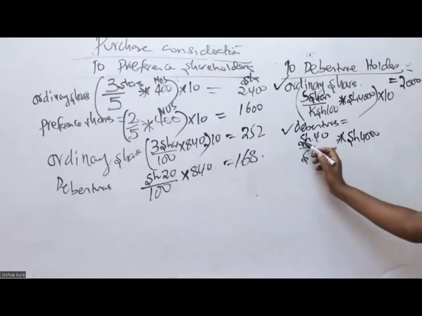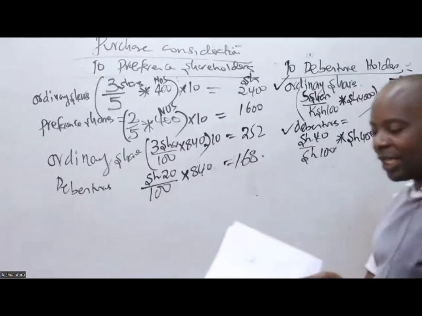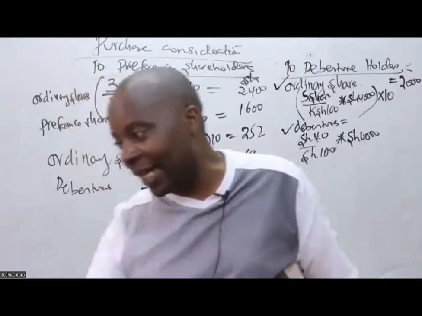So you can see here, these are shillings, right? You can't tell me times par value, which par value. You see this and this will cancel out. The final answer I'll get will be in form of shillings. So I'm good to go. How much are they giving me, somebody? 1,600. Thank you so much.